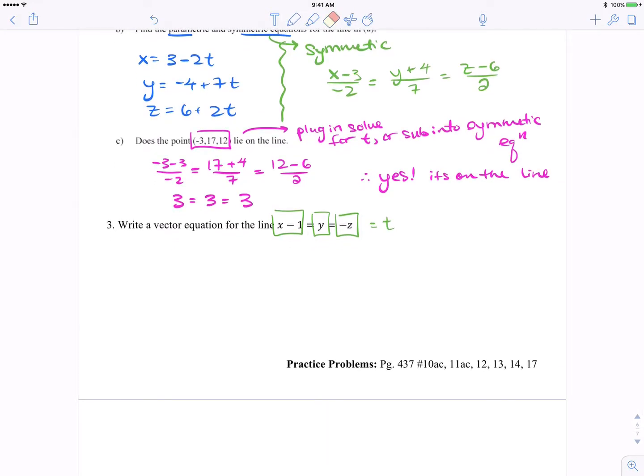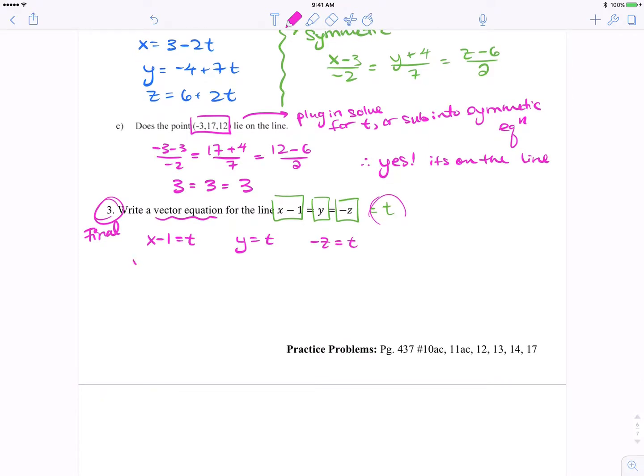The last part here, write a vector equation for this line. This is always a final exam question. And it looks trickier than it is because it gives you x minus 1 equals y, which equals negative z. Keep in mind that this is a symmetric equation. All of these terms equal t. So x minus 1 equals t. Break it up into the two parts. Negative z equals t. Now, to get x by itself,